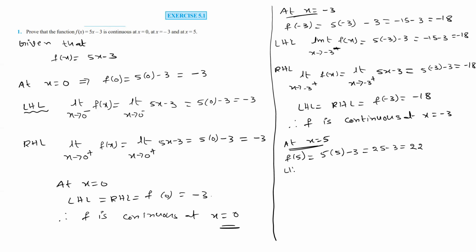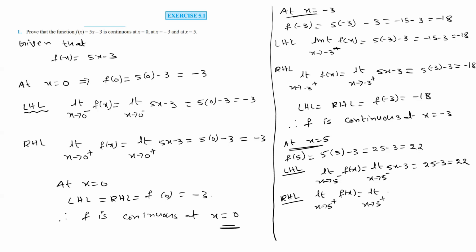So left hand limit also, limit x tends to 5 minus f of x is equal to limit x tends to 5 minus, f of x is 5x minus 3, is equal to 5 into 5 is 25 minus 3, is equal to 22 here. Even RHL also, limit x tends to 5 plus f of x is equal to limit x tends to 5 plus, f of x is 5x minus 3, is equal to 5 into 5 is 25 minus 3